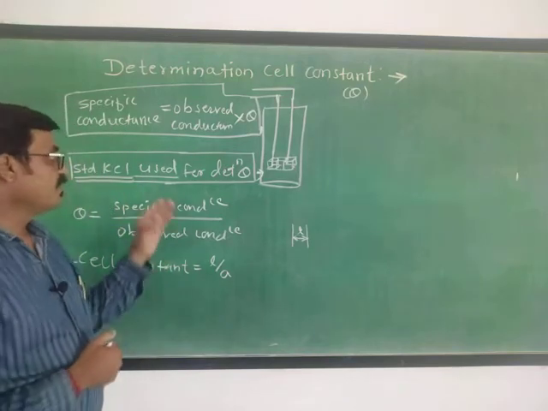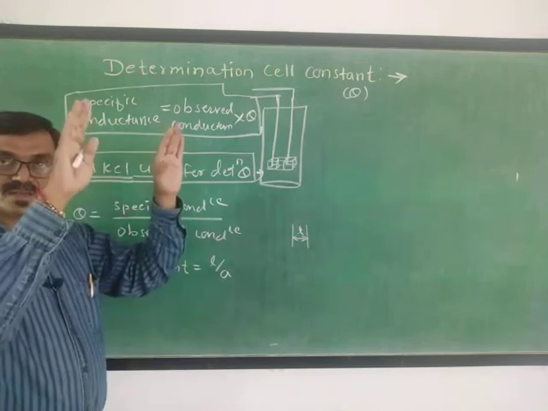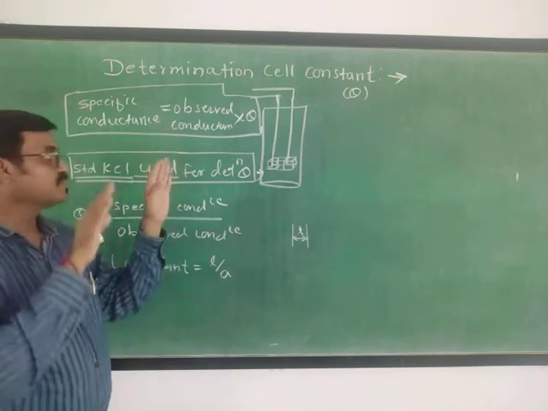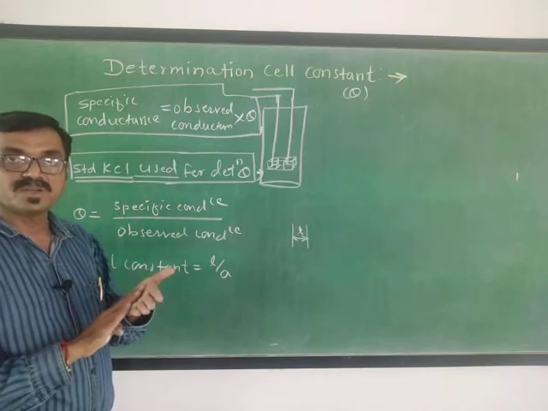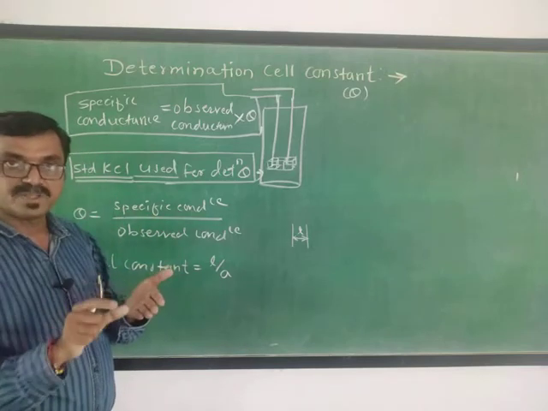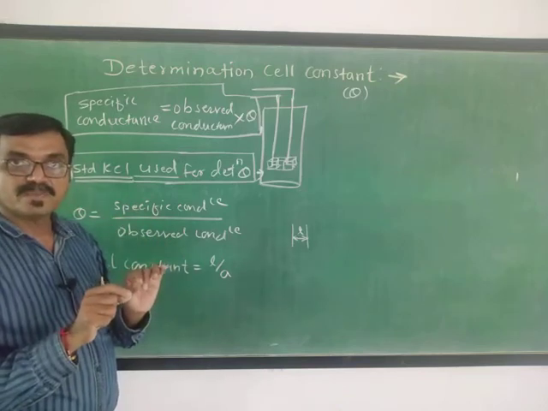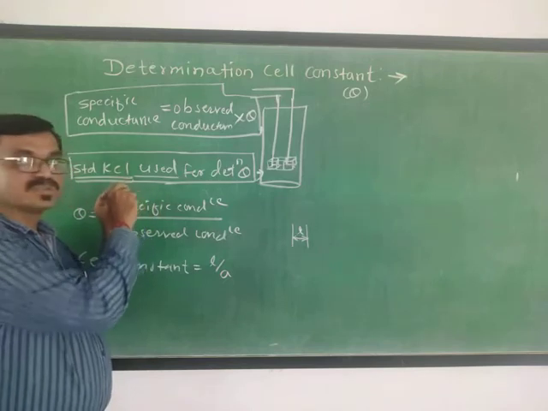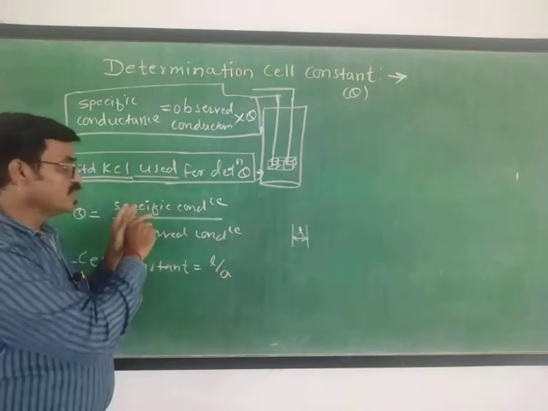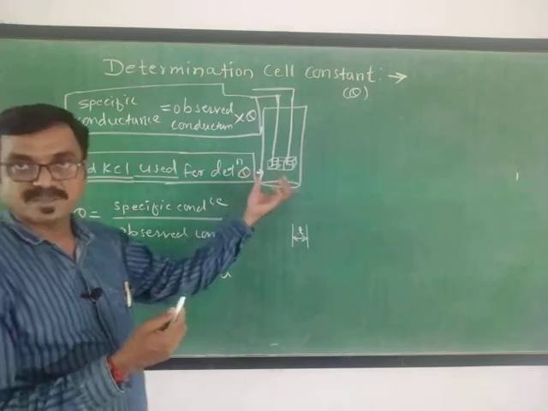Different concentration solutions you may use. There is literature on this determination, for 0.2 normal KCl, for 0.1 normal KCl and at different temperatures, you are able to find the specific conductance. Now prepare a KCl solution of specific concentration of which you know the specific conductance. Take it in a small beaker, that is a 50 ml beaker.